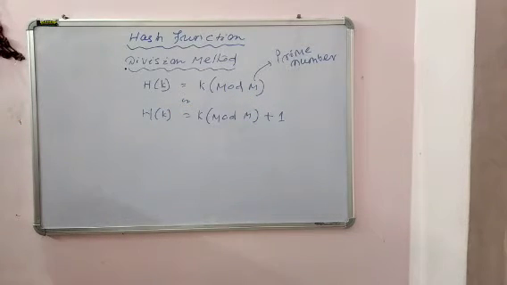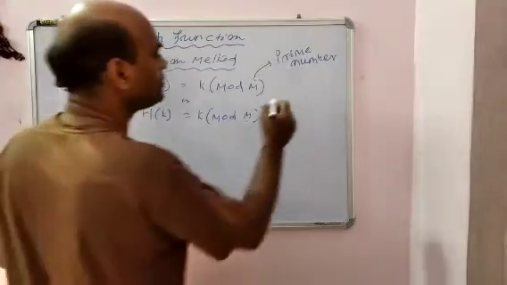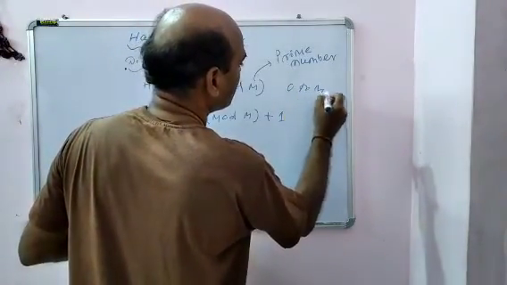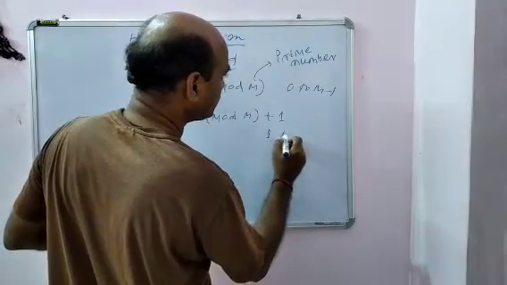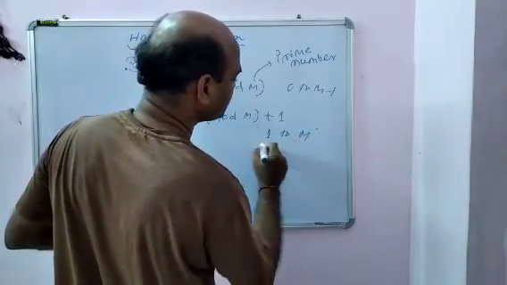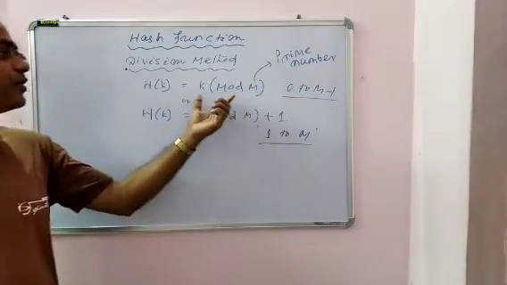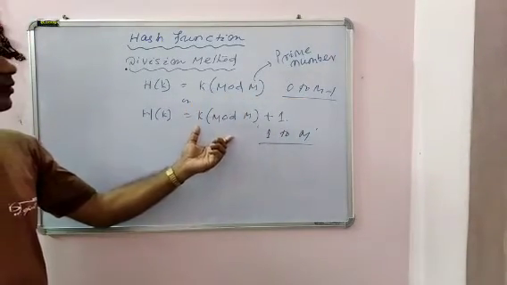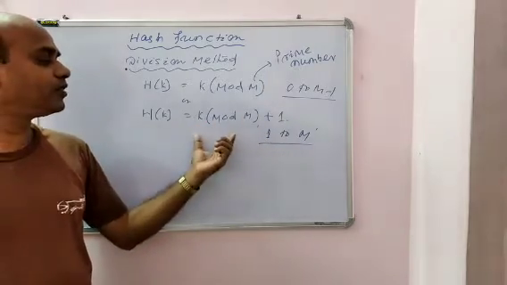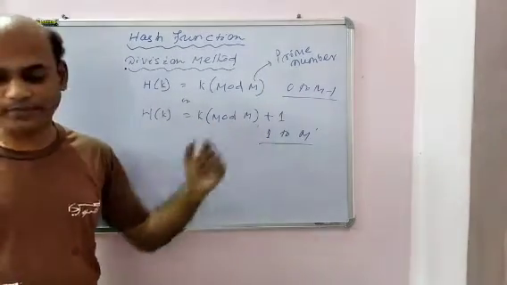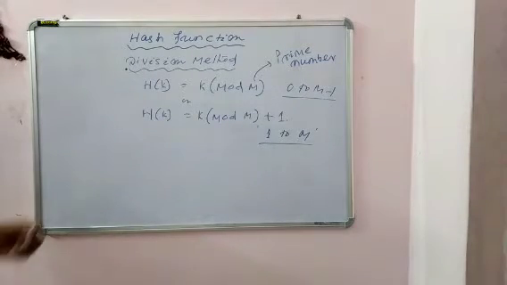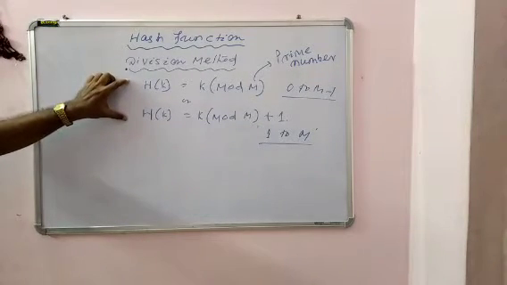Formula 1 ranges the hash address from 0 to m minus 1, but the second formula ranges from 1 to m. So the meaning is the same. It will count from 0 to m minus 1 whenever we use k mod m, and from 1 to m when we use k mod m plus 1. So this formula can be used to find the memory address.